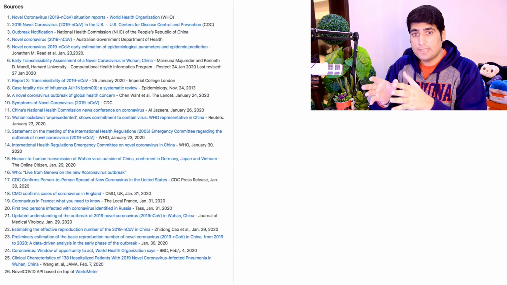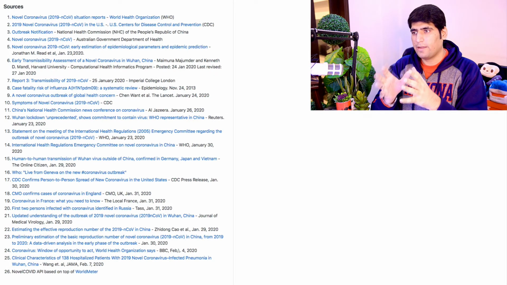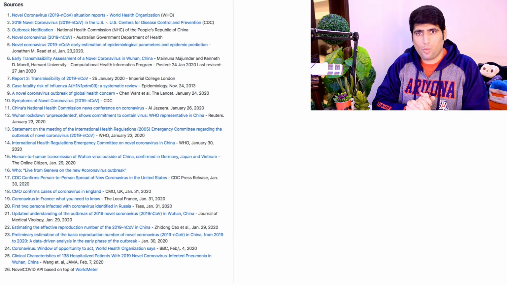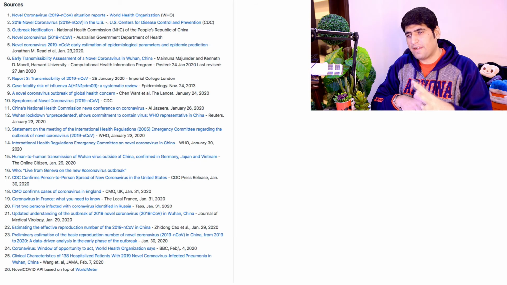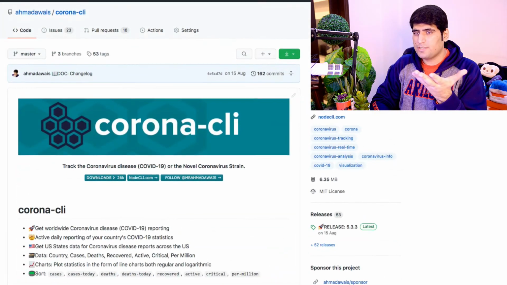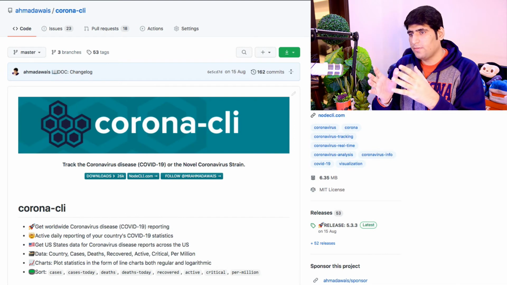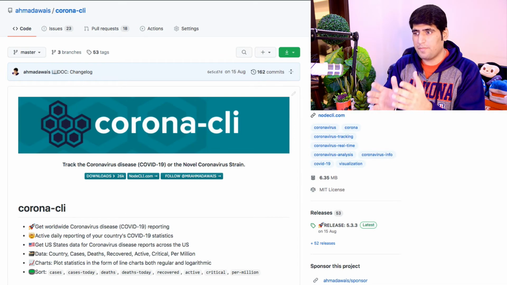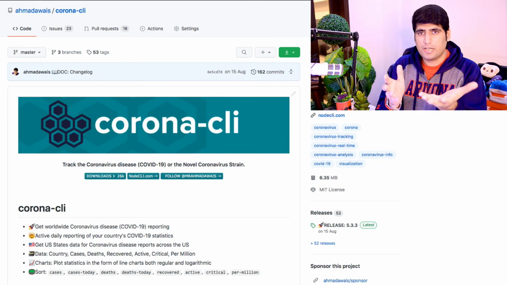And these are all the sources that I use to collect all of this data. Actually, all of this data right now exists as an API, and I helped a couple of folks collect it and serve it as an API using GitHub. It's even more than that. For example, early on when COVID-19 was a new thing and everyone was a little bit scared, a huge amount of developers helped me create this CLI from what it initially looked like.